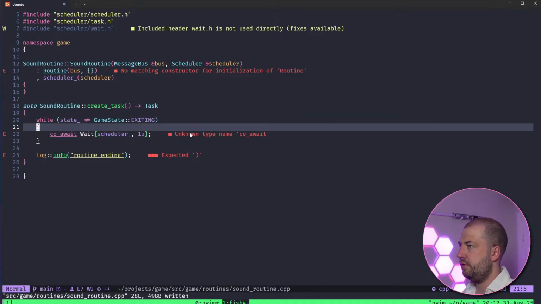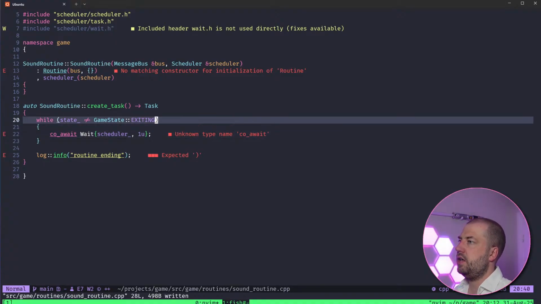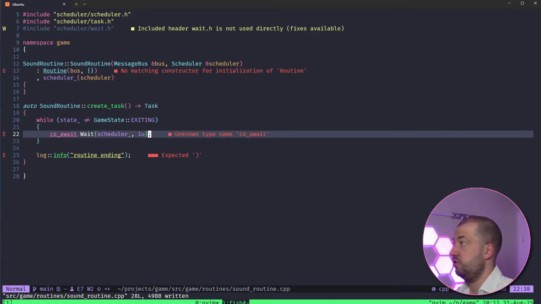So yeah, it means each of the systems, at least for the moment, don't have to worry too much about elapsed time. Like, if I want to be called every 16 milliseconds, I need to check how long it's been since I was last called, and if it's too soon, wait, that kind of thing. You literally just say, call me again in this many milliseconds.